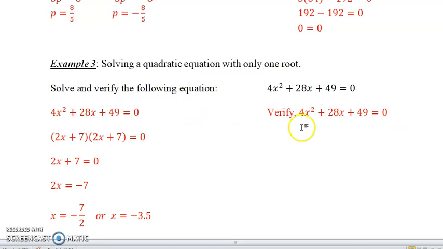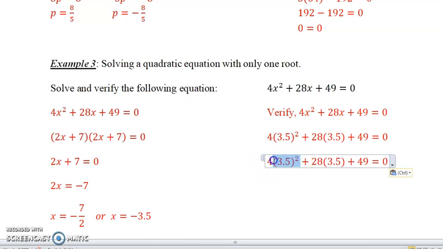all right, we're going to verify. So what we do is we let x equal negative 3.5. Everywhere we see x, we're going to put in our x value. So we substitute our x value in, right? And we're going to square that. So when we square that, we get 12.25. Make sure you don't forget your bracket there. Okay, 12.25. Multiply 28 by 3.5, and we get,